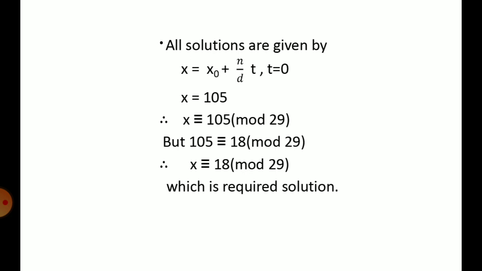Student, here you have to remember that to solve the linear congruence ax is congruent to b mod n, you have to solve the Diophantine equation ax minus ny equals b. Those students who are able to find the solution of a Diophantine equation can solve the linear congruence. Okay, it is very easy, nothing different. We only have to solve the Diophantine equation.